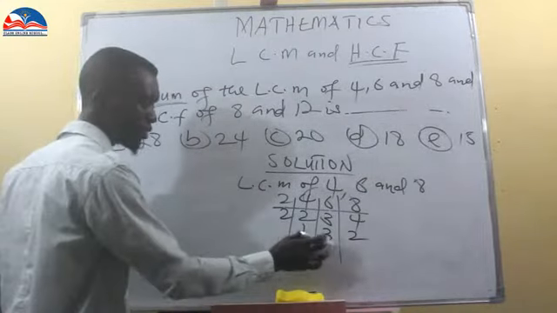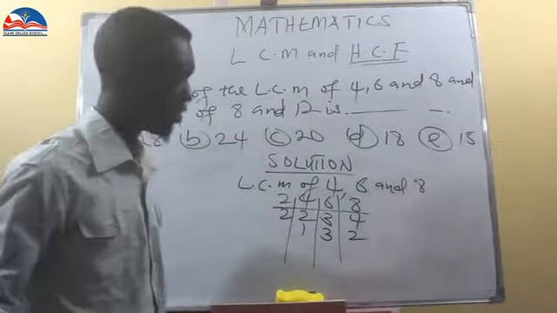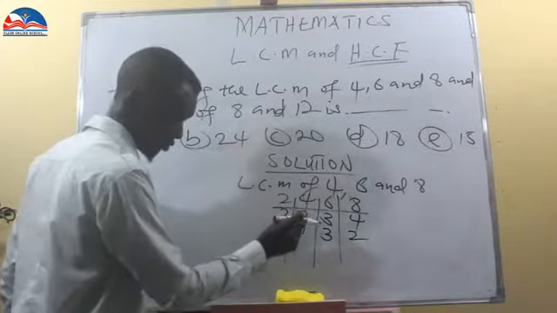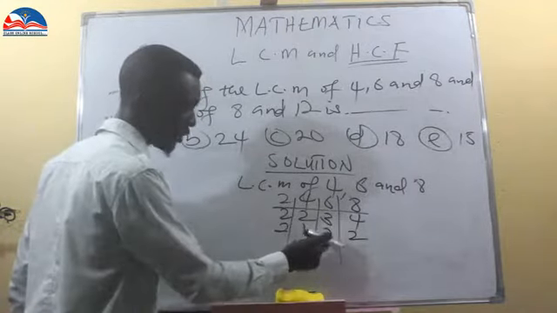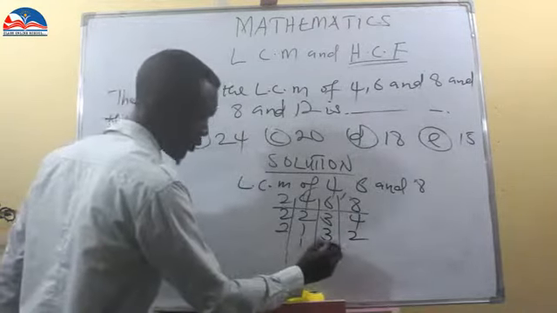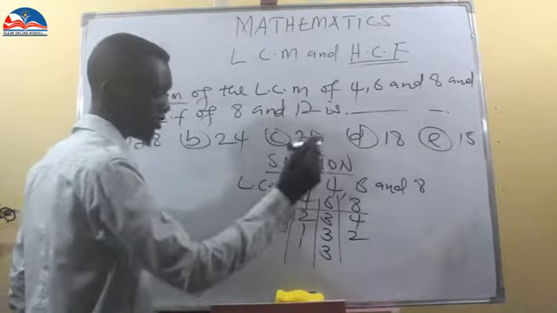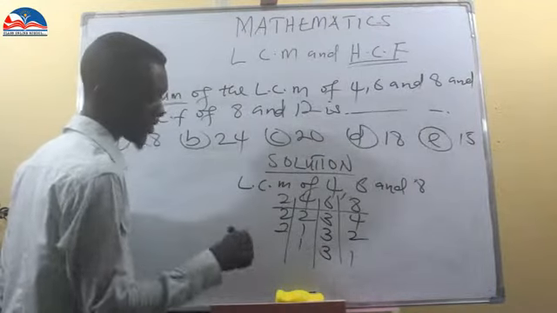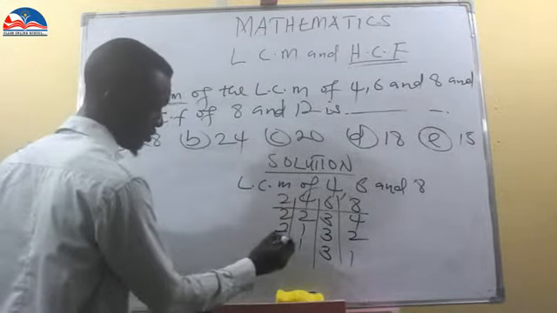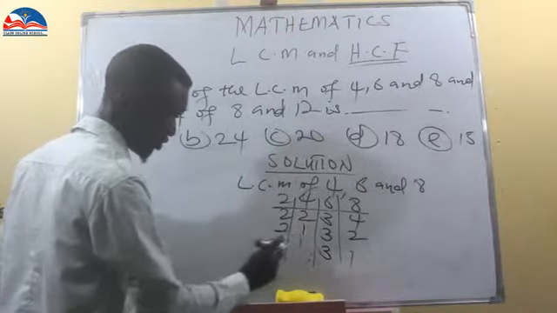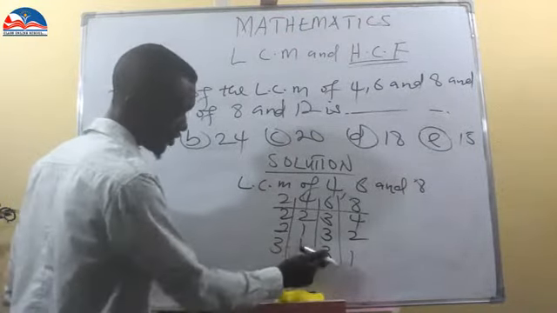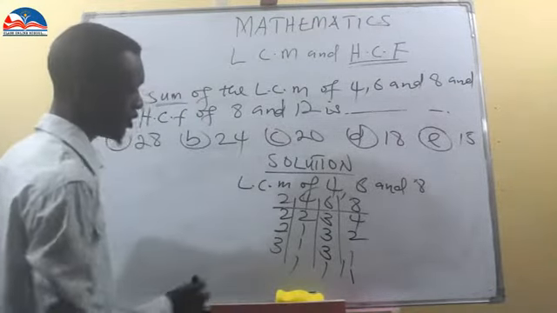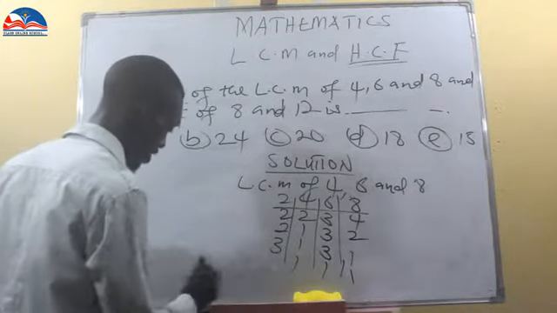Okay, you have 1, 3, 2. What can go again? Students, what can go again? Okay, 2 can go. 1 divided by 2, bring down your 1. 3 divided by 2, it cannot, bring down your 3. 2 divided by 2 gives you 1. So you have 1, 3, 1. Now what can go again is 3. 3 into 3 gives 1, and then 1, 1. Okay, so your LCM here becomes